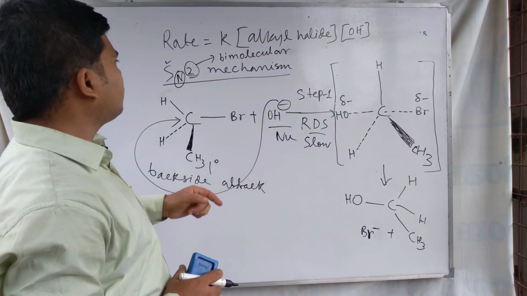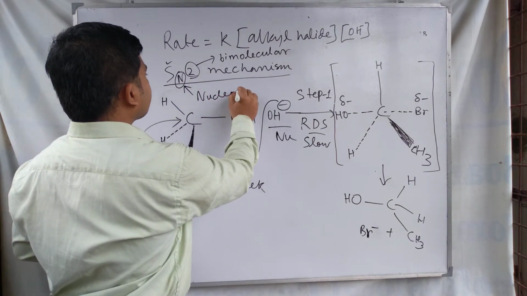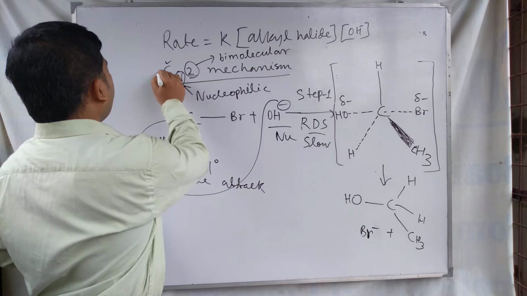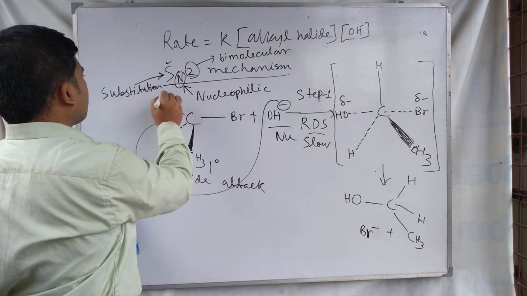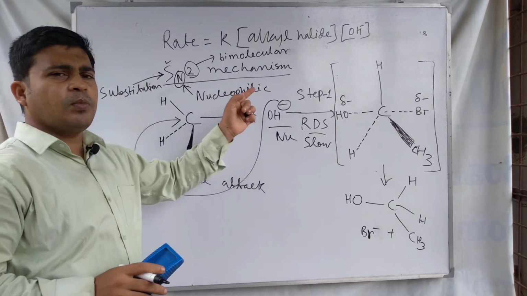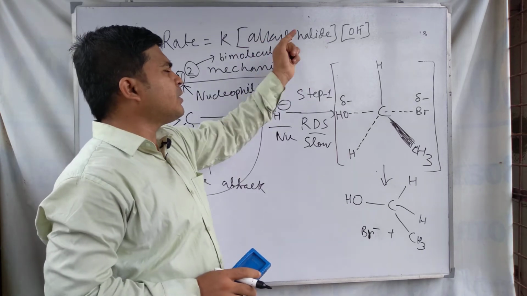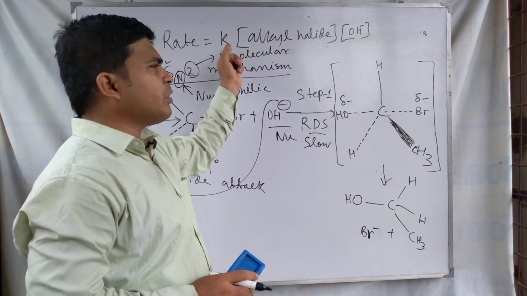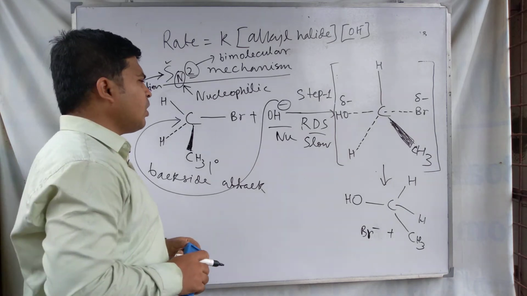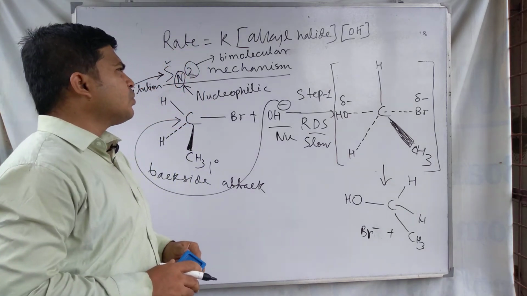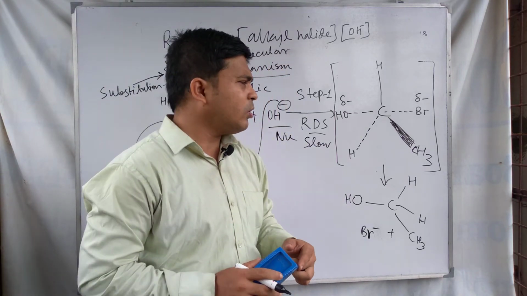So this one is bimolecular, this N indicating the nucleophilic and S indicating the substitution reaction. So nucleophilic substitution bimolecular. Why is it bimolecular? Because two concentrations are present in the rate equation, and for this reason this reaction is called a bimolecular reaction, bimolecular mechanism. Okay, so this is a one step process, in the single step breaking and making of bond taking place